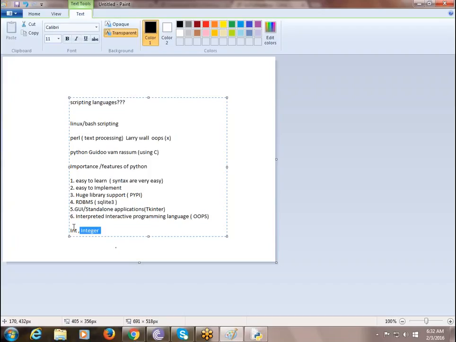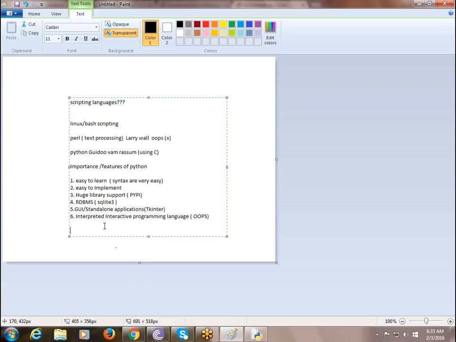Whatever the language, the reason behind calling a language OOPS is that you check whether all the objects are taken in the form of objects and classes or not. Whatever variables you declare, whatever functions you declare, whatever classes you declare, everything should be an object here. If you find any variable, function or class that is not taken as an object, then that language is not called an object-oriented programming language. That is the reason most people say Java is not a 100% object-oriented programming language.